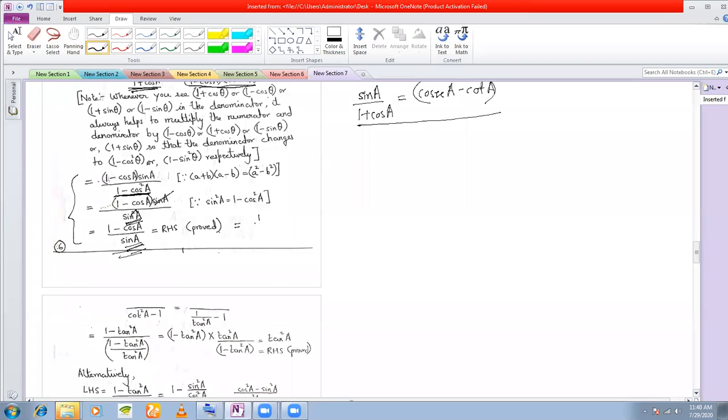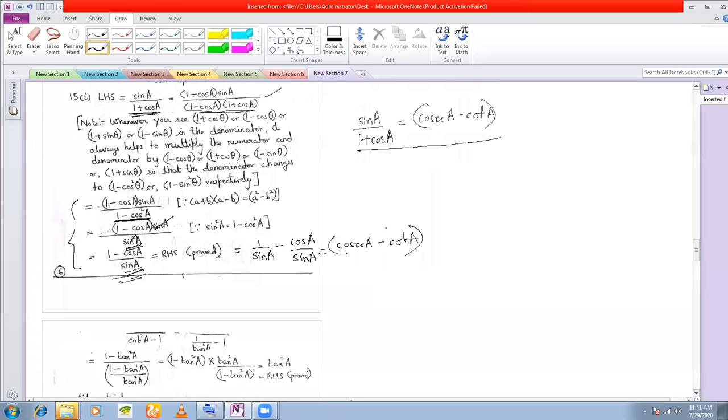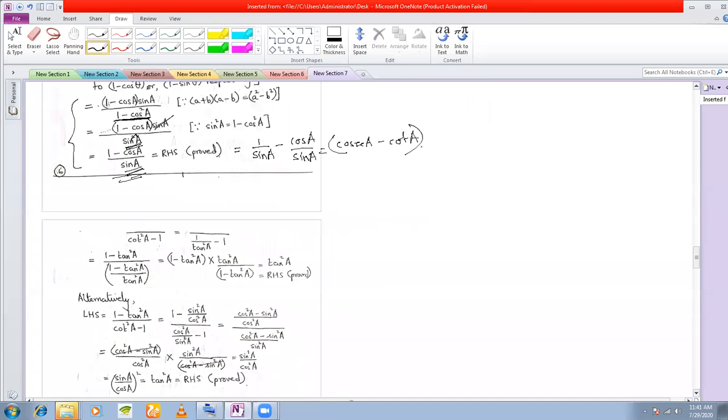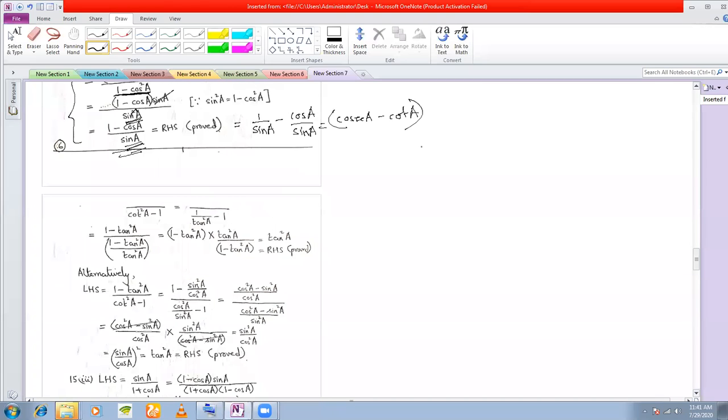And after this step, you write this as 1 by sine A minus cos A by sine A. We can write this step, right? I don't think any doubts here. We just separate. So 1 by sine A, you can write as cosec A, and cos A by sine A, you know this is cot A. So that is the same question, but just one more step extra, if the question would have been given to you in this manner. Okay. So next, what we are going to discuss is